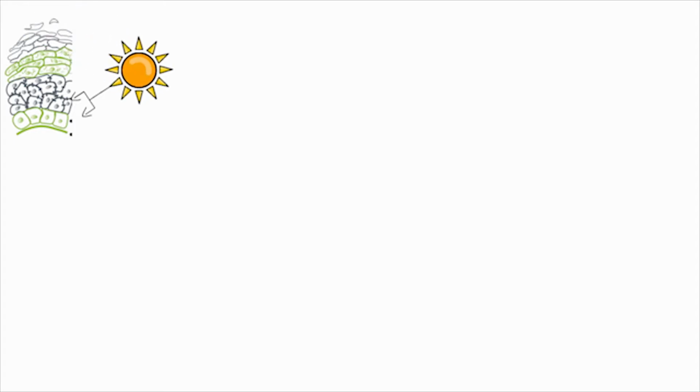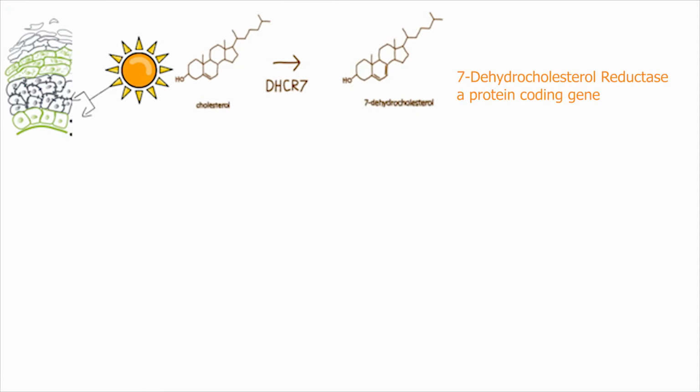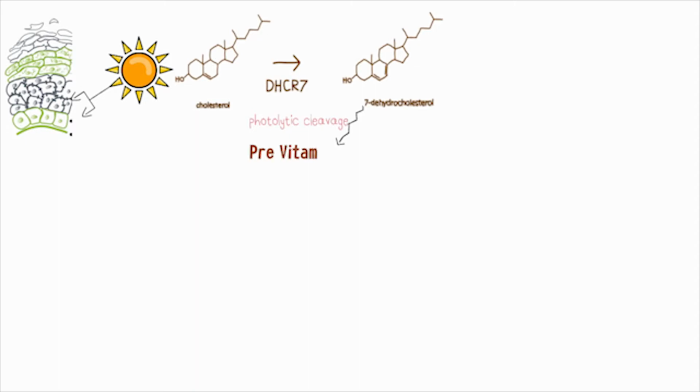Let's talk about the metabolism of vitamin D. Keratinocytes in the two deep layers of epidermis of our skin, that is stratum basale and spinosum, when they are exposed to sunlight, this leads to conversion of cholesterol to 7-dehydrocholesterol in the presence of DHCR7. This then undergoes photolytic cleavage, that is opening of the ring of 7-dehydrocholesterol occurs, which then causes it to convert into pre-vitamin D3. Now this pre-vitamin D3, because of heat generated due to cellular metabolic activities, gets isomerized into D3,